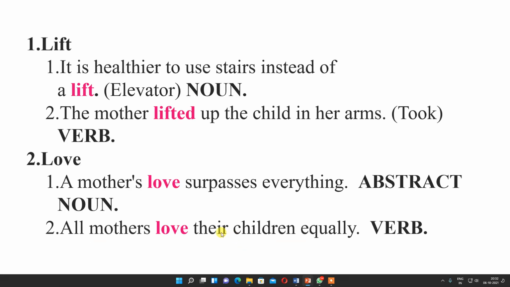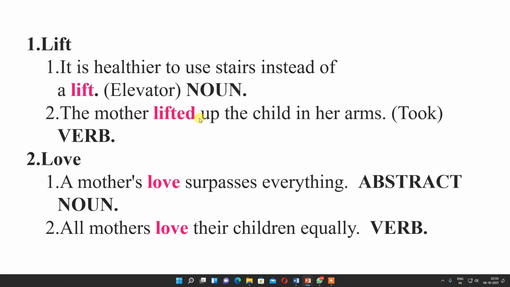If you understand the difference between noun and verb, you can easily make your own sentences. Now, it is healthier to use stairs instead of a lift. Lift here means elevator. So instead of using the elevator, it is a healthy habit to use stairs.